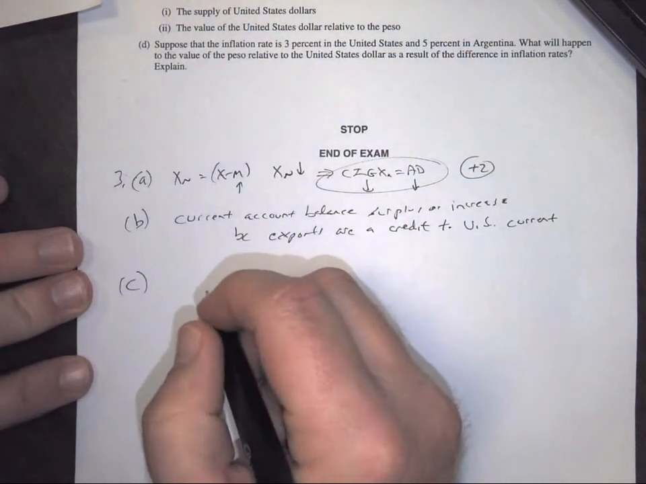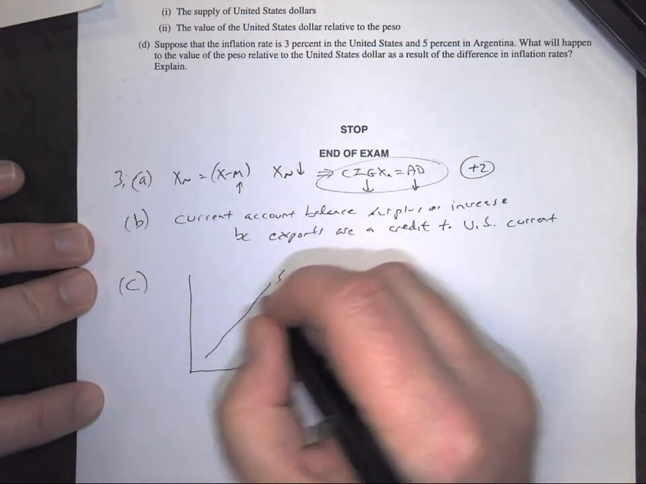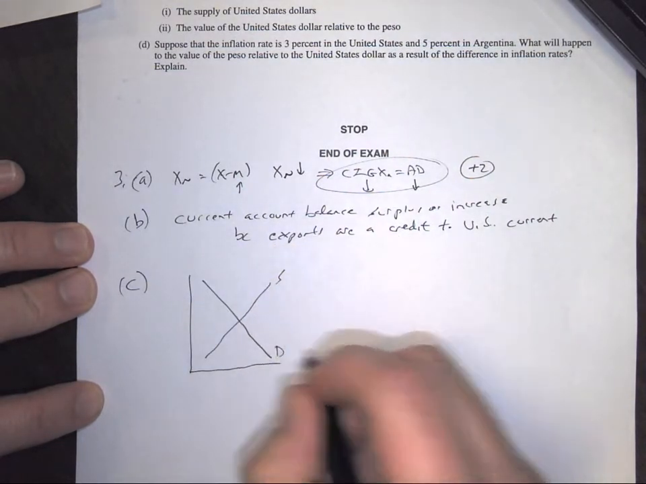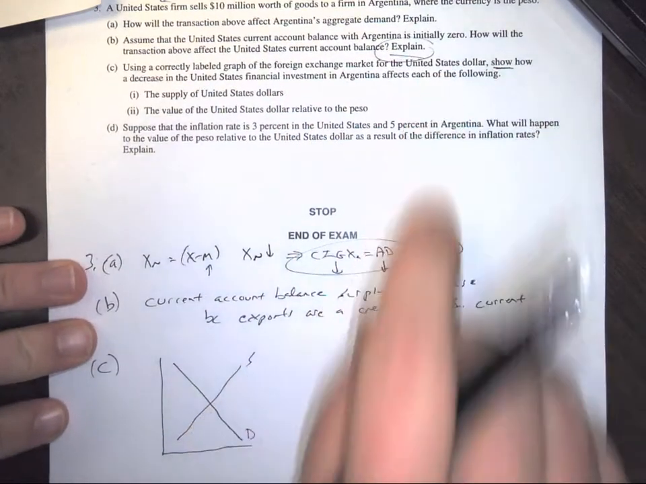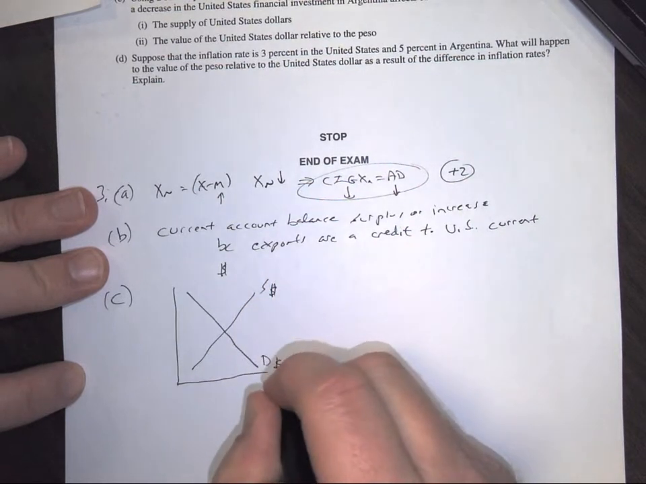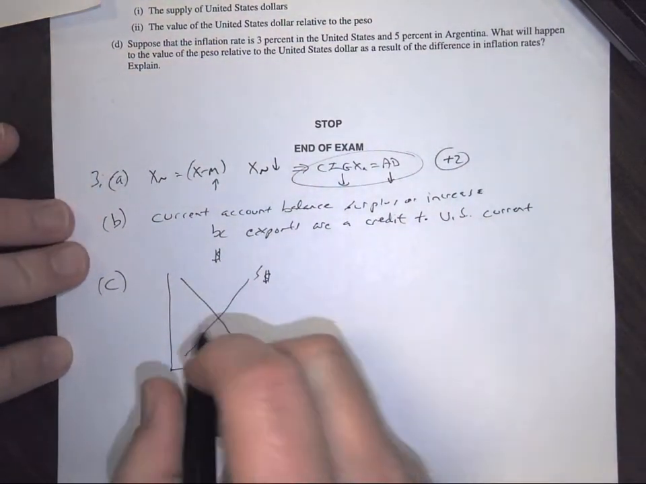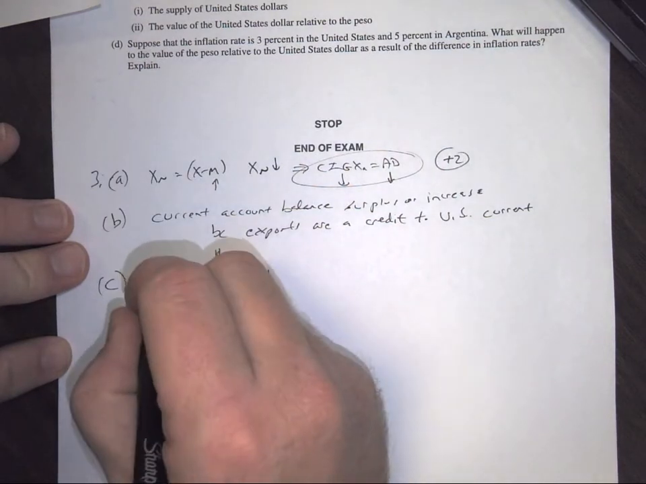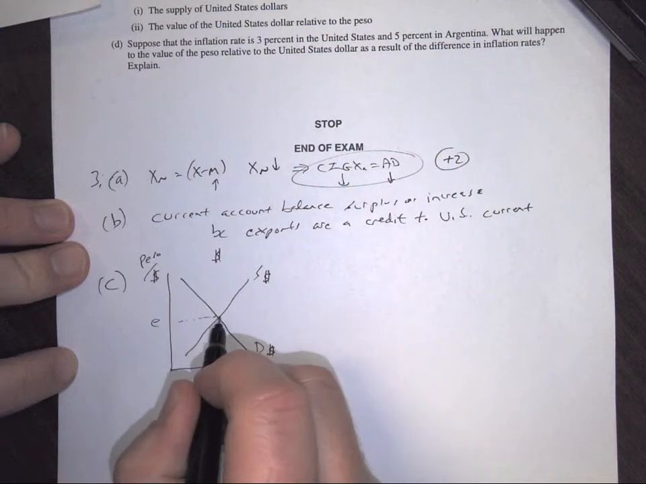So now for part C, I'm going to draw my graph. Remember, everything's supply and demand, just depends on the labels. They asked in the question for the United States dollar, so I know I'm going to put the dollar sign up here, and whatever currency you're working in is the denominator of every label on the graph. So now that means I'm going to have the dollar under the peso, and our exchange rate is right there